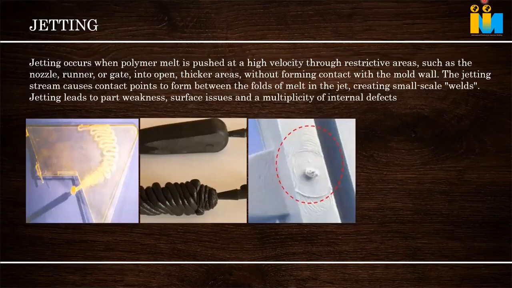This many people might have seen. It is jetting. Why is jetting coming? Jetting is like a zigzag, a snake type of formation in the part. Why does it come? Whenever plastic is injected through the gate, it flows so fast and hits the next wall. In a hollow cavity the material is injected, so it zigzags, goes and touches, then starts spreading to the other area.